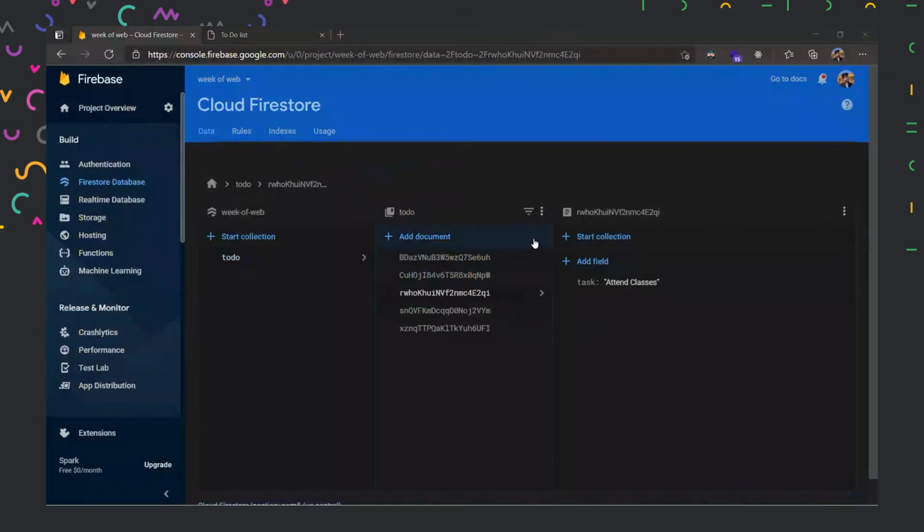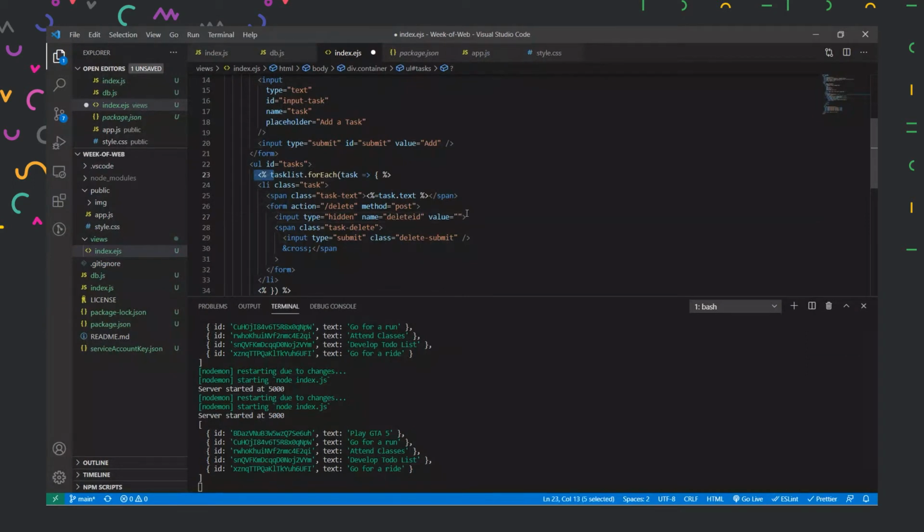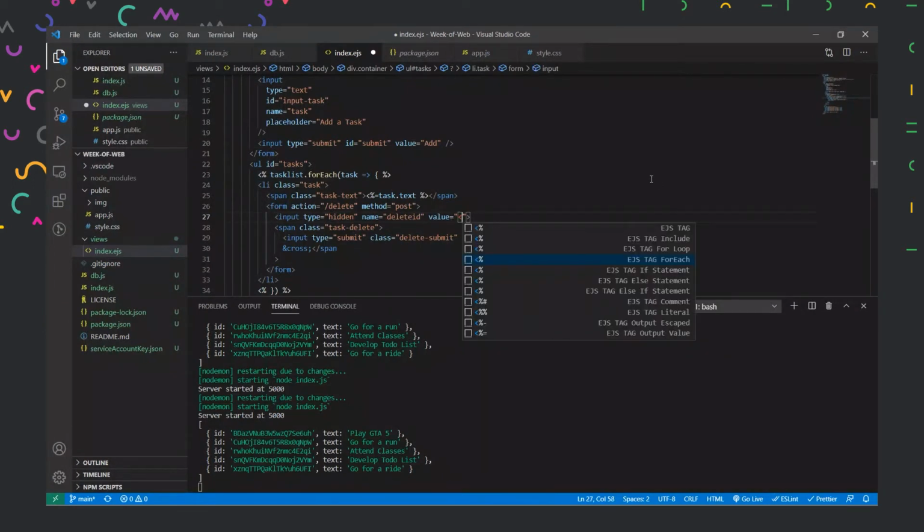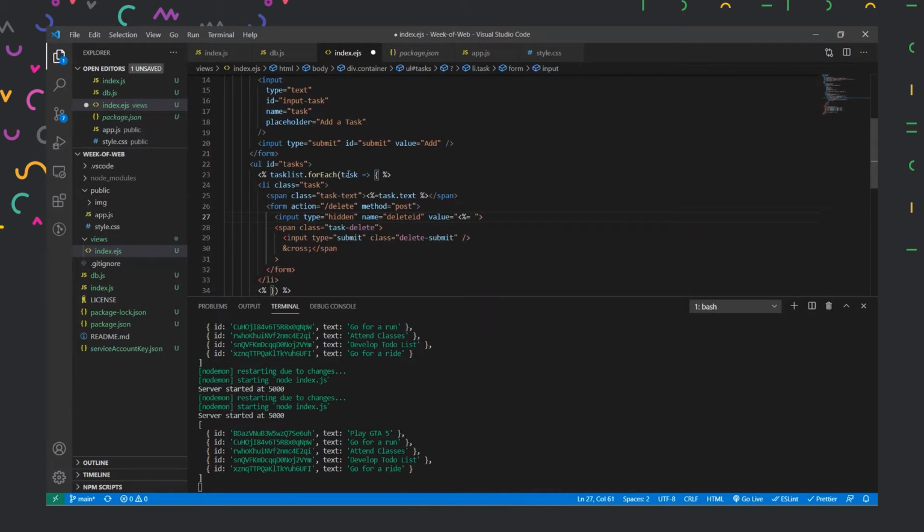So we have to select this id now. To select this id, we are having EJS over here, so let us write it in EJS format now. So I'll put percentage, and then equal to, we have the task as our index, so we'll put task dot id, we are having id over here, so I'll put task dot id, and then with that it should create an element which will store our id, and that element will be hidden, correct? And instead of submit button, I need it to be the cross button itself integrated inside it.